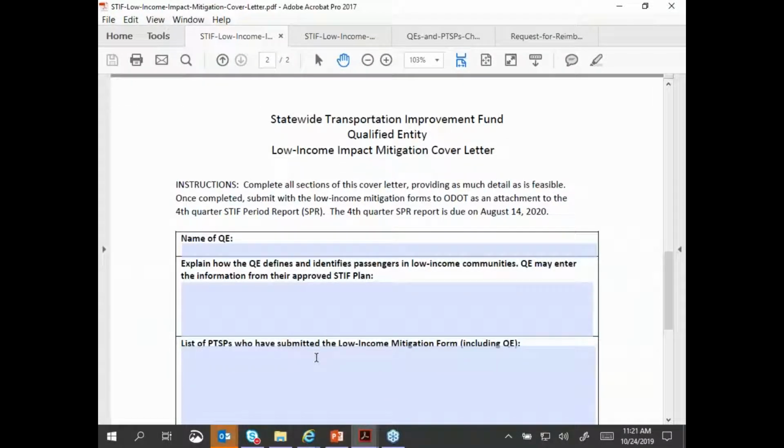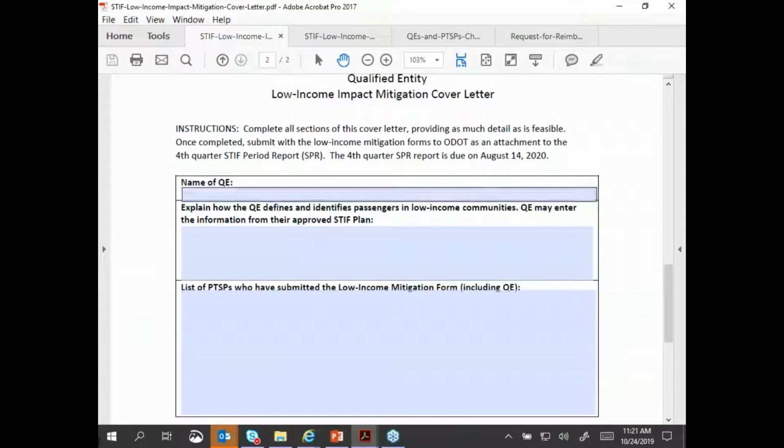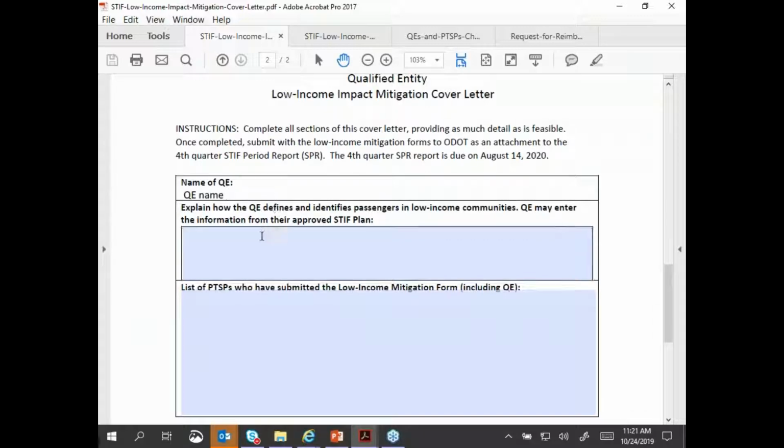So what we want to move to here is how this cover letter looks. Here are instructions on completing this form, providing details, and then submitting this to the fourth quarter SPR, which is going to be due on August 14. These are some fields to just put the QE name, and explaining how the QE defines and identifies passengers in low-income communities. The QE may enter the information from their approved STIF plan. So you can actually just copy and paste what's included in your STIF plan regarding the low-income definition.